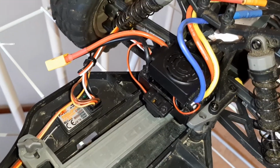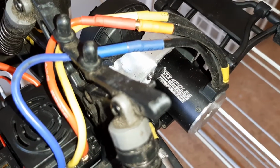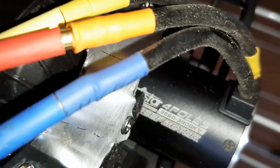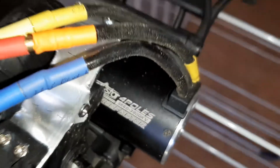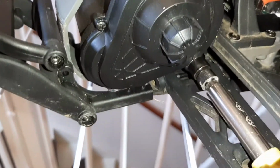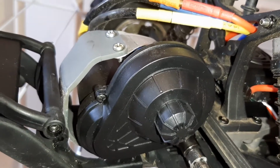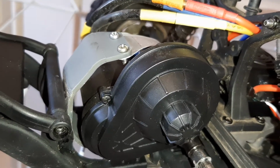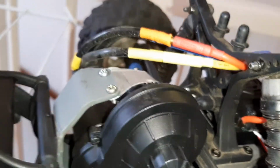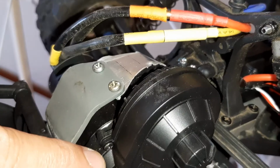Just a simple brushless conversion. This one has a 2300 or has it? No, I don't think so. 3800 kV with a 5mm shaft. Now, for the people who know their stuff, this is the AX10 gearbox. I've used the hot racing metal spur gear with the 21 pinion